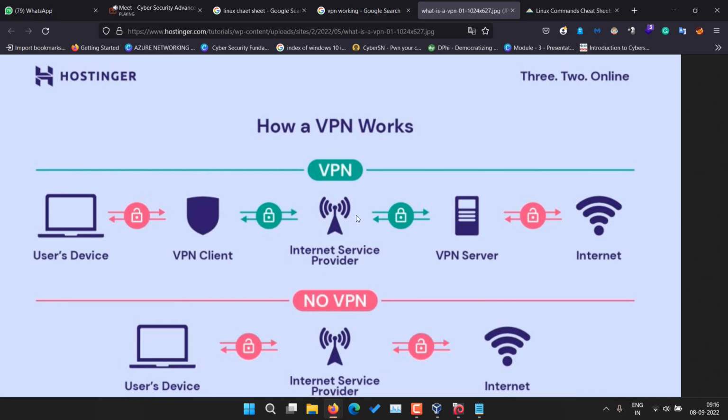Whether you are working on an internet platform, on a private channel, or on some company network, even there it works. So it doesn't matter whether you are working on a public network or a private network. In both scenarios, VPN works on the same concept, because the main work of VPN is to provide a